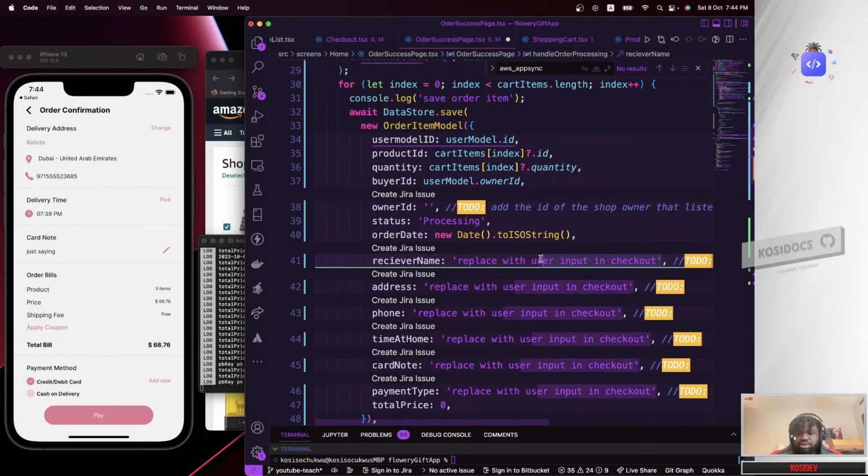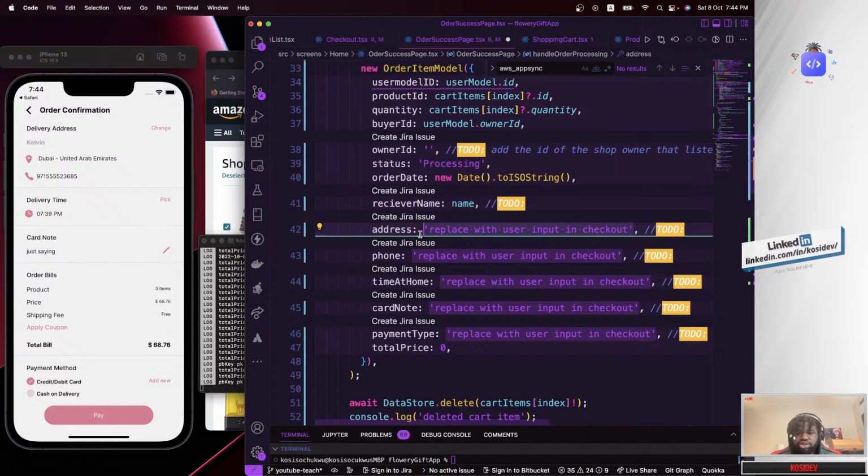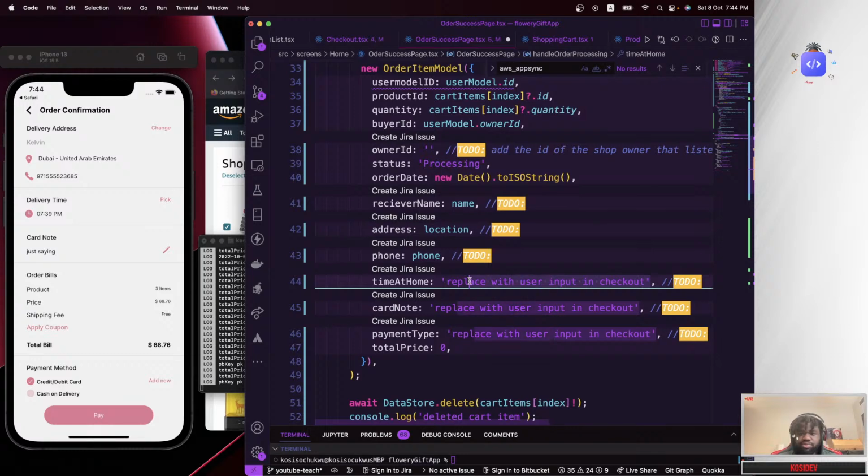So this should be replaced with name, so it becomes name. Name will never be empty, likewise the location will never be empty, so we pass location here. Also our phone number will never be empty, so we pass our phone number right here. Time at home, the same, will never be empty, we pass time.